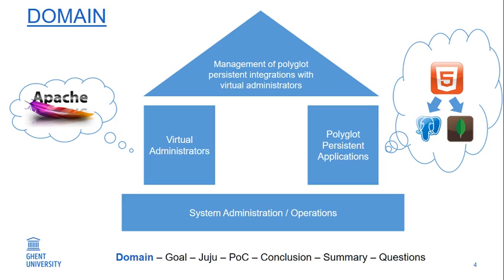So I put an example. If you have a web shop written in HTML5 or in PHP or something, and it is in need of two databases, but the databases are of different types, then you would, in essence, or by definition, have a polyglot persistent application, because it uses multiple different types of database technologies, Postgres on one hand and MongoDB on the other hand, for example. So an application using more than one type of database technology is called a polyglot persistent application.